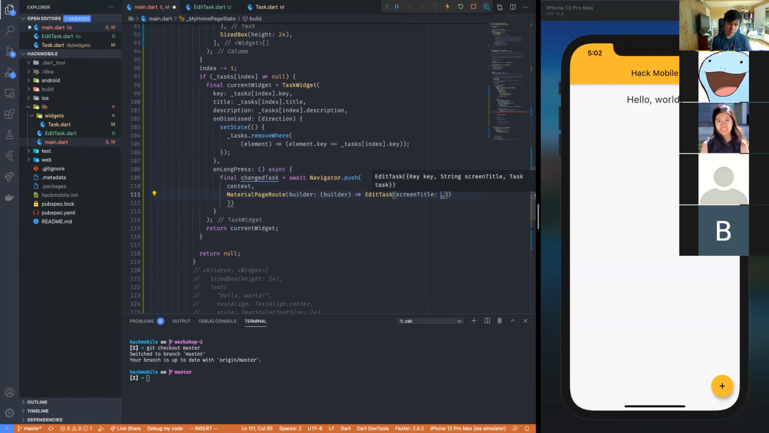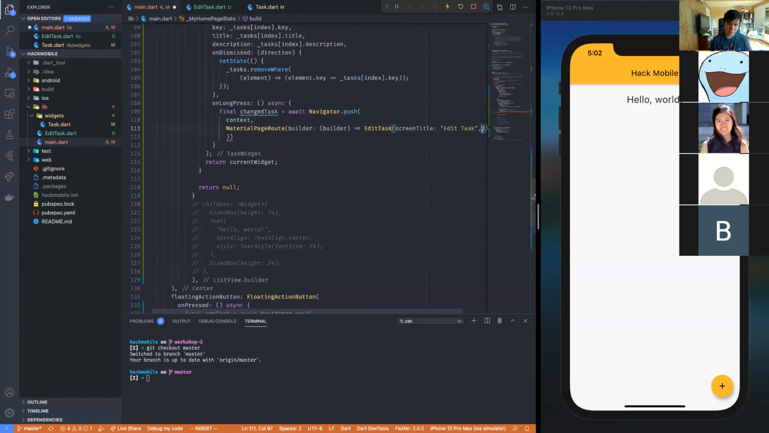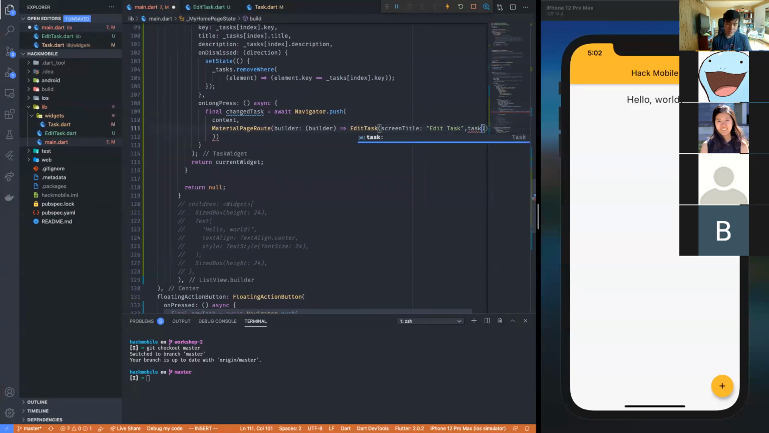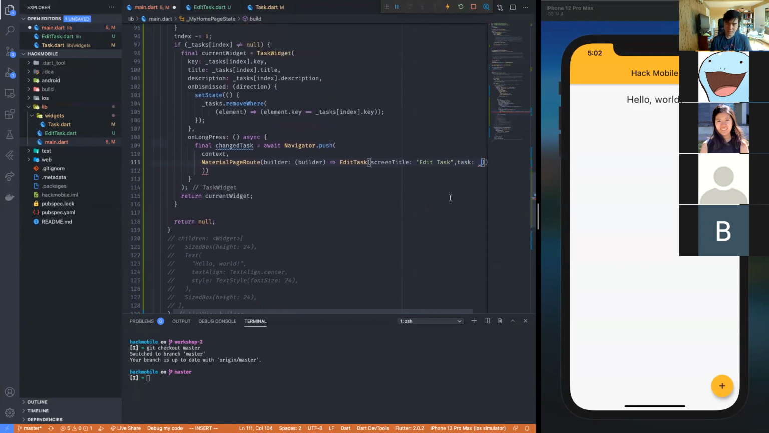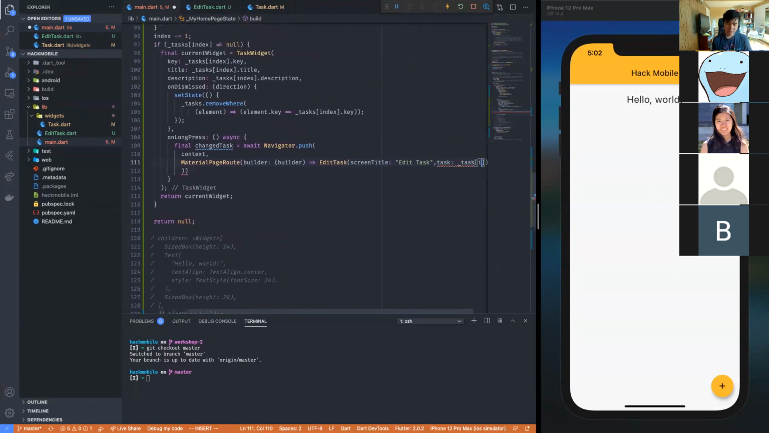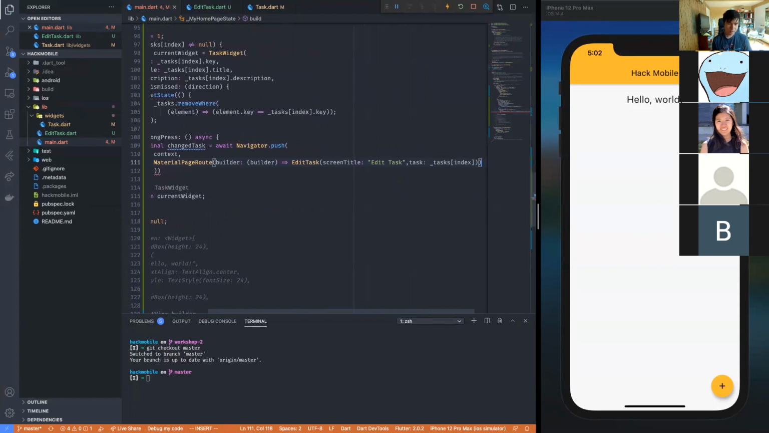let's see, task. No, sorry. Screen title is just going to be edit task. Right. So previously we had new task. This we're doing edit task instead. And then task we'll just be passing in the current task. So that's just task index. If this saves, then